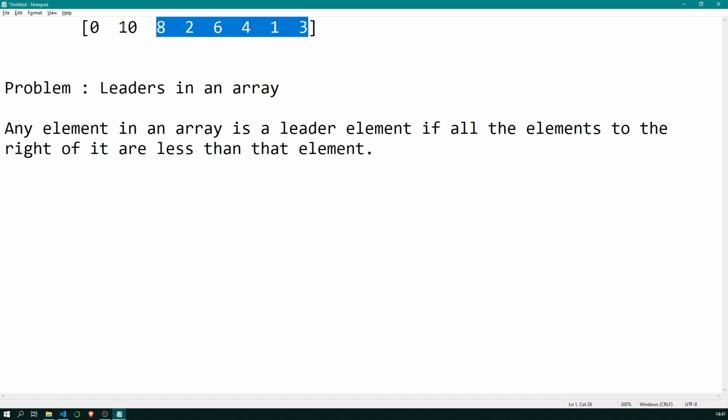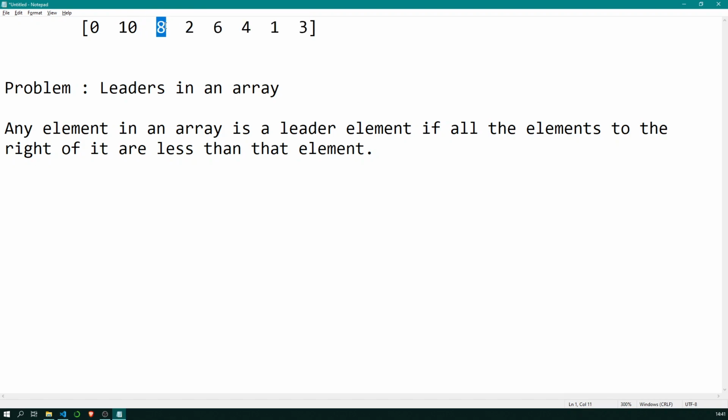Okay, so we don't actually care what's happening to the left of that element, but we are concerned with what happens to the right, with all those elements to the right of that given element. And if all these elements are less than the current element, then the current element becomes a leader element. Is 8 a leader element?